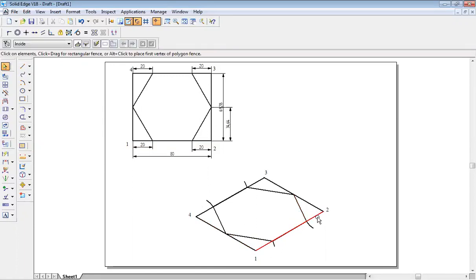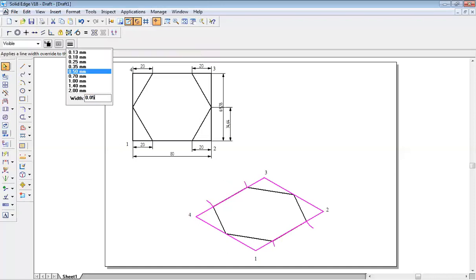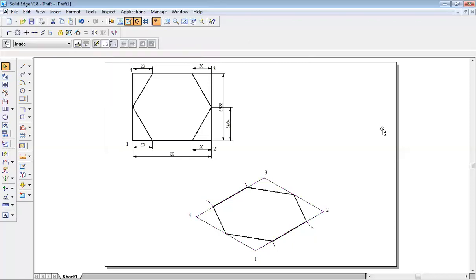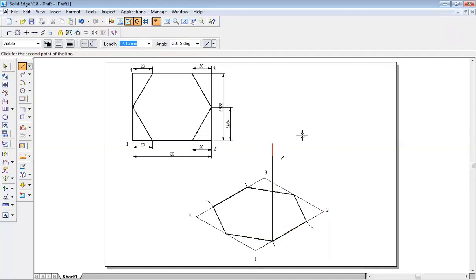I'll make the remaining lines light so that you'll have more clarity on the observation of the hexagon. I'll give 0.05 line thickness. Now, can you see the hexagon? Yeah. Now, what is the axis length? If it is a prism, let us say the axis length is 100. So from here, type 100, axis length 90.